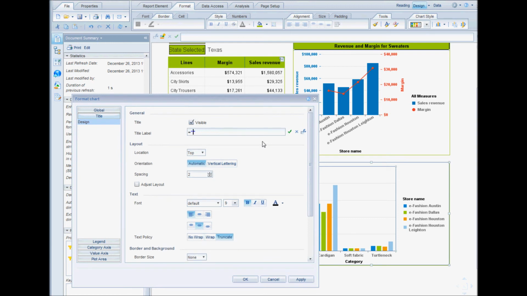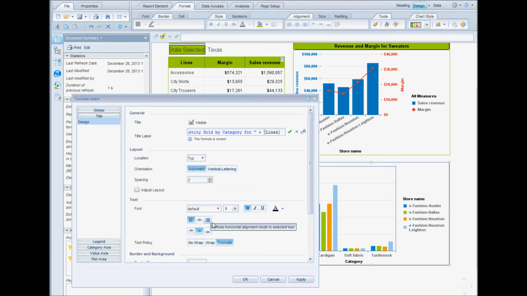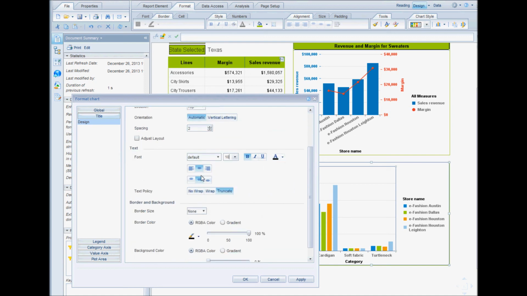So I will say it is quantity sold by category for which product line will once again come from lines. So the formula is correct. I will make the same